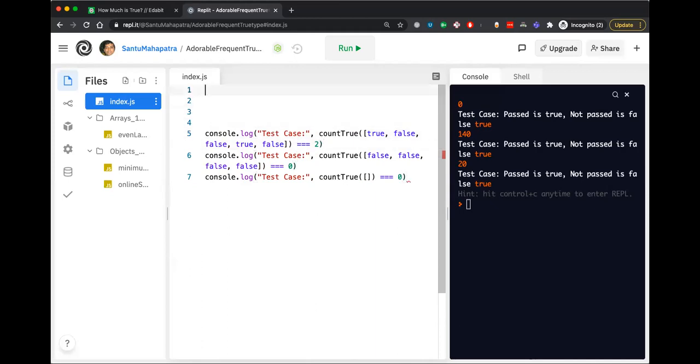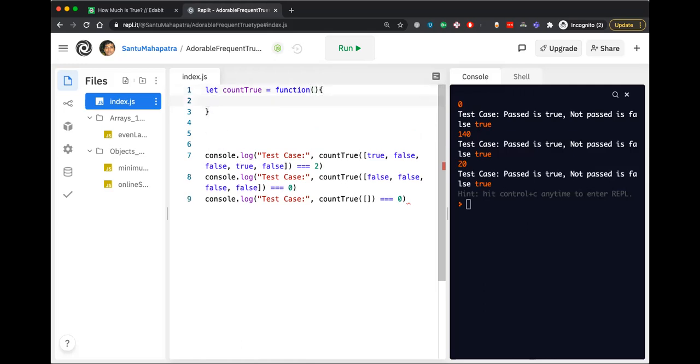So all test cases have been created. This takes an array. And let's say for now it returns undefined.